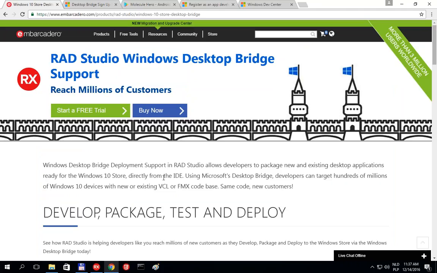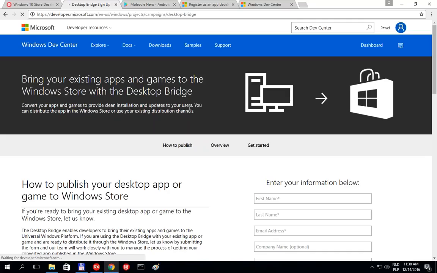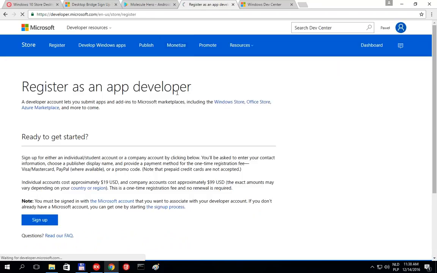So if you want to put your Appx package to the store, you need to sign up for access to the store. Right now, you also need to enter a certain program, the campaign Desktop Bridge. So it's not enough that you are registered as an app developer. That's something you can do here on